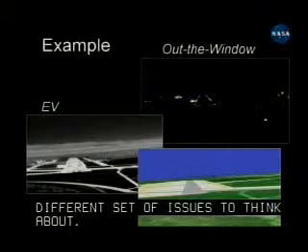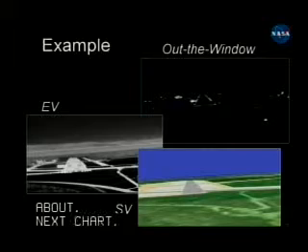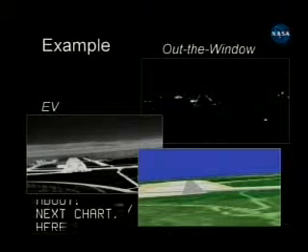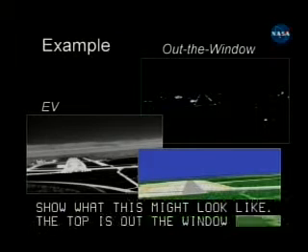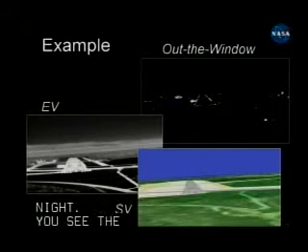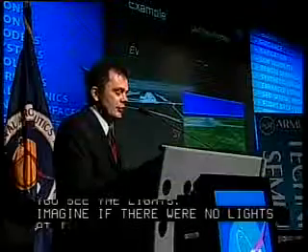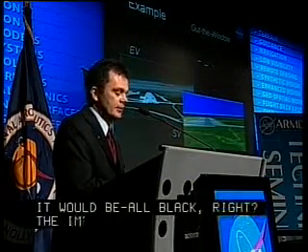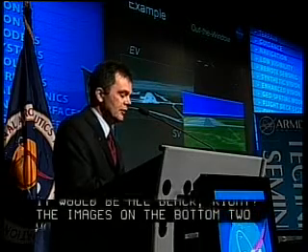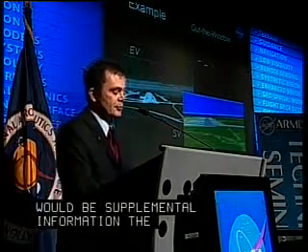And here's just a couple snapshots to show what this might look like. One, the top, is out the window at night. You see the lights. But imagine if there were no lights at the airport. What would that look like? It'd be all black, right? So the images on the bottom two would be supplemental information that the crew could use if the airfield didn't have lights. The one on the left, the EV, is again shown in pretty much a pristine condition, and that